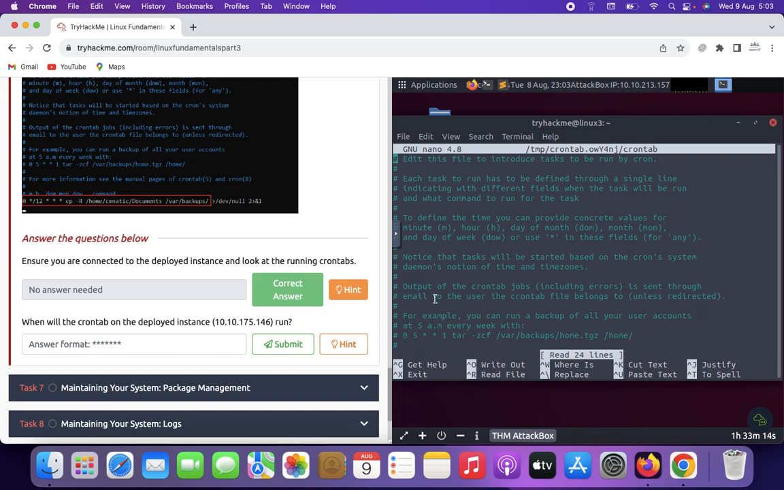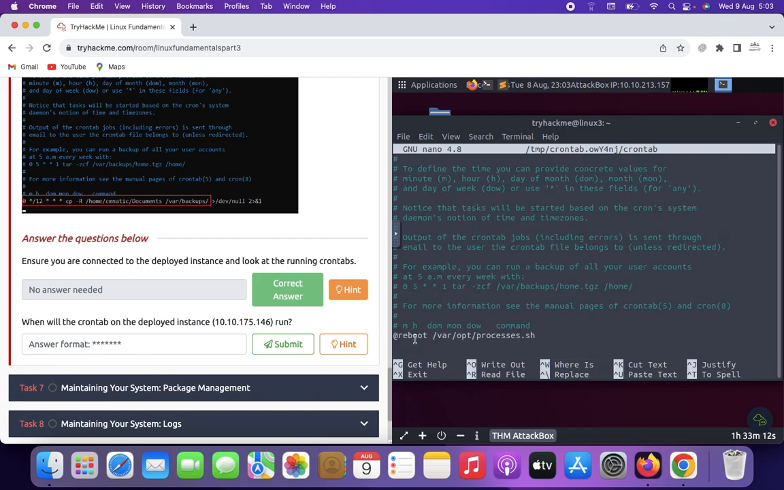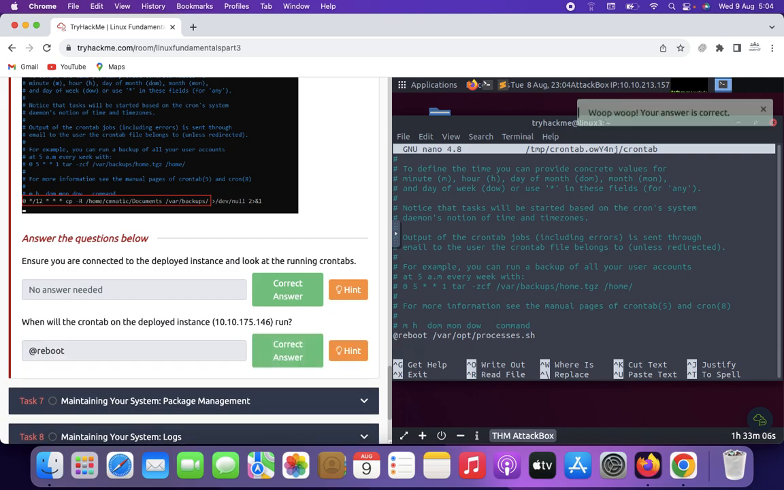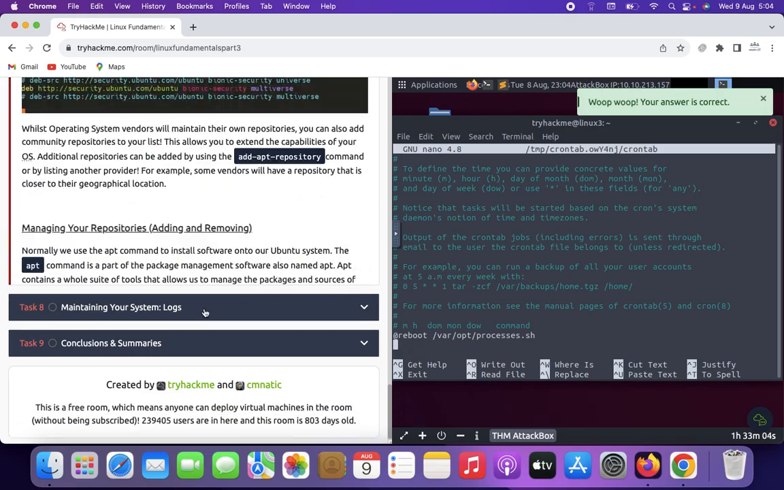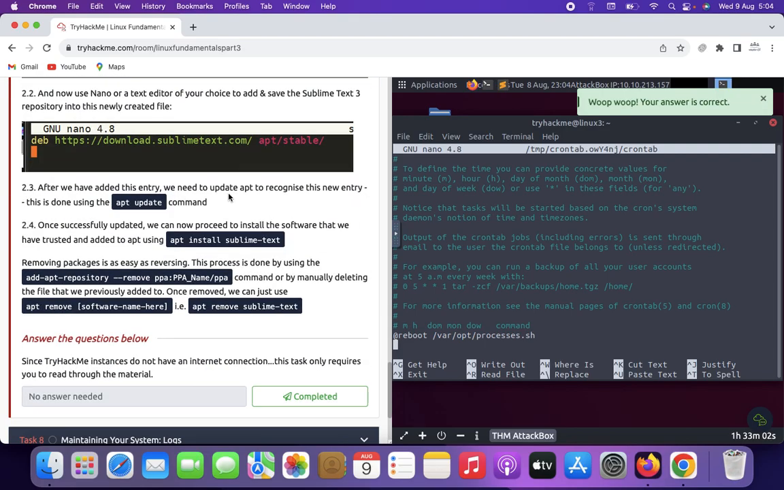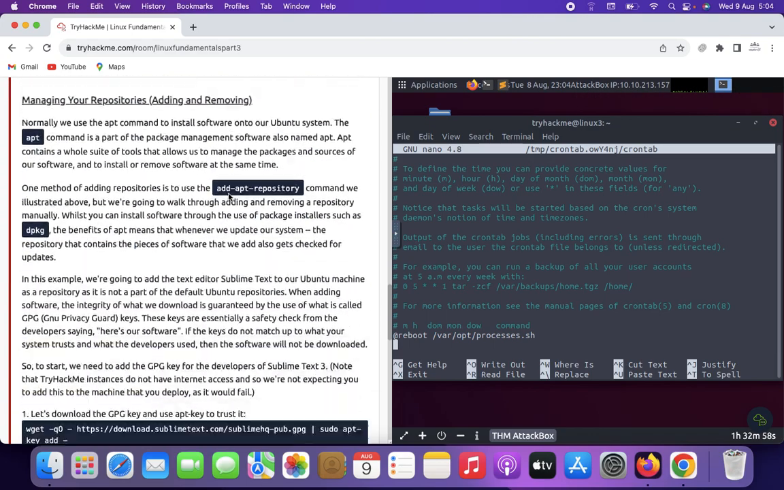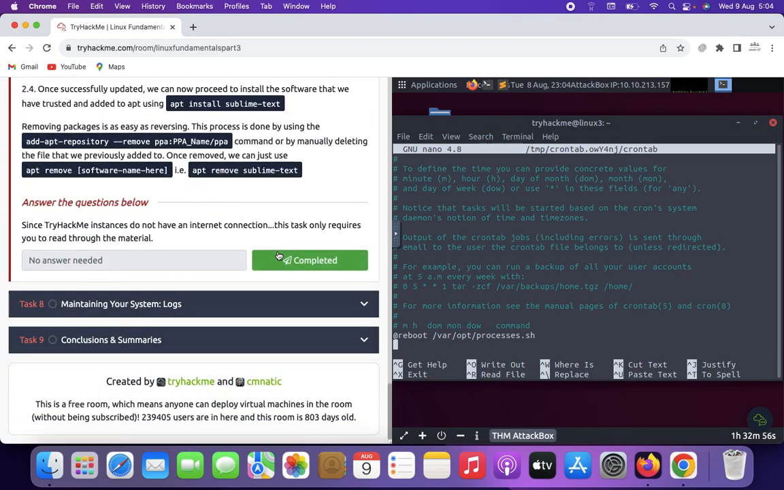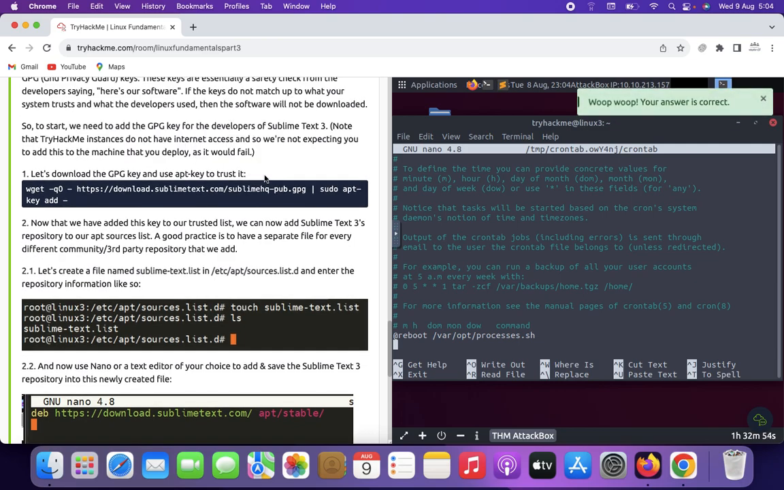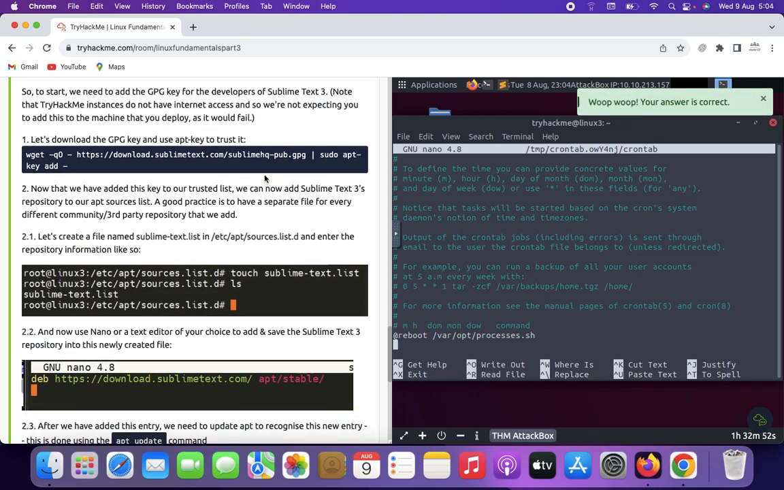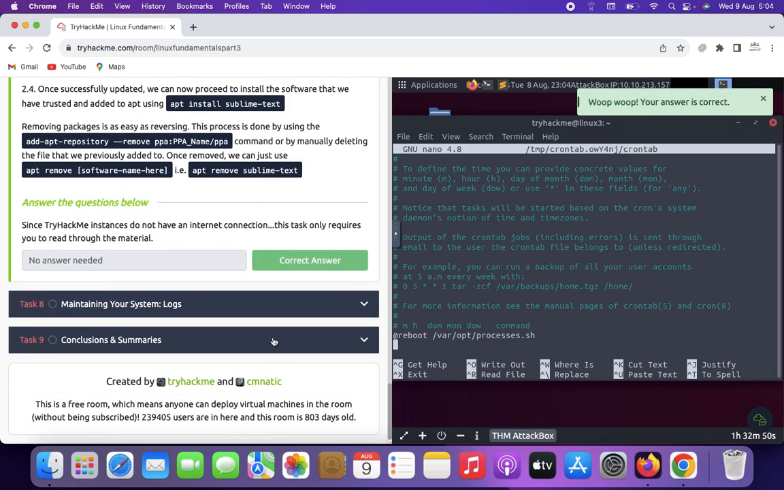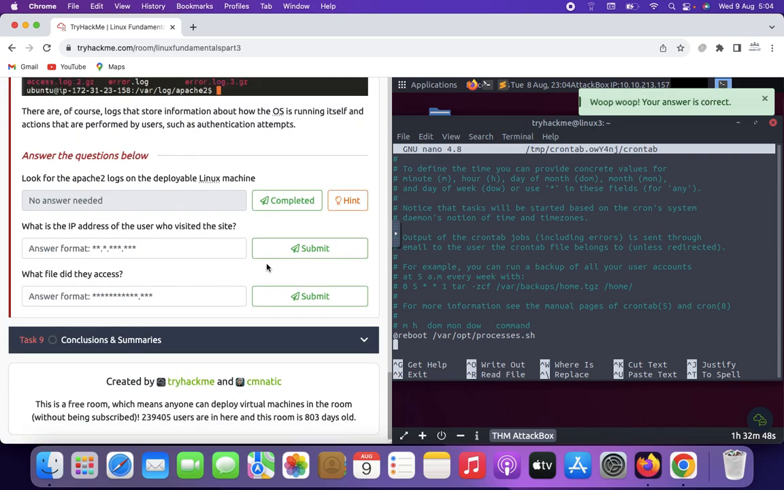So we see here @reboot. So maintaining your systems, this is not at all required, just complete. So maintaining your system logs,